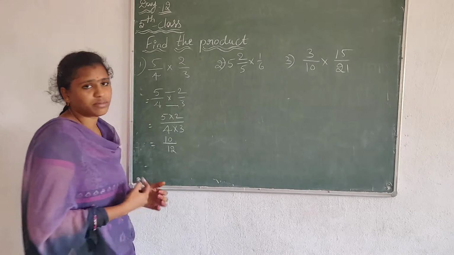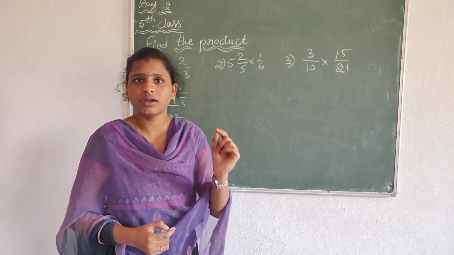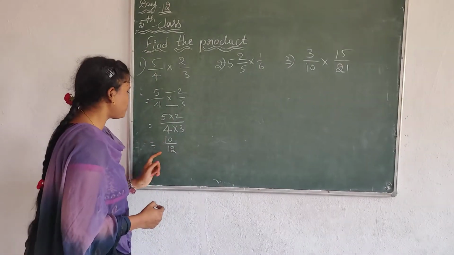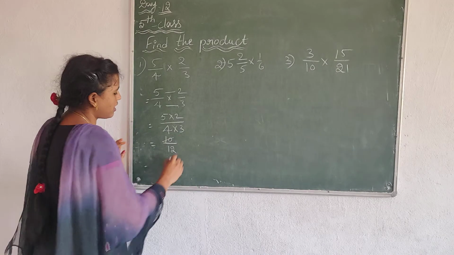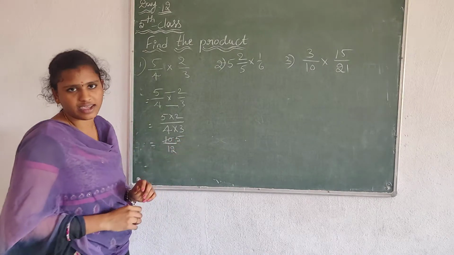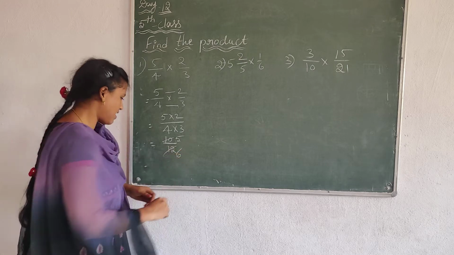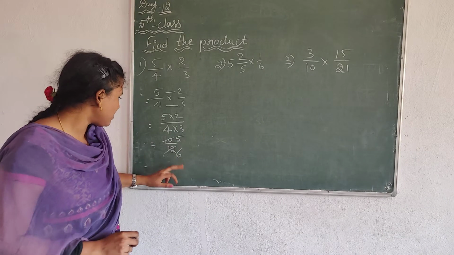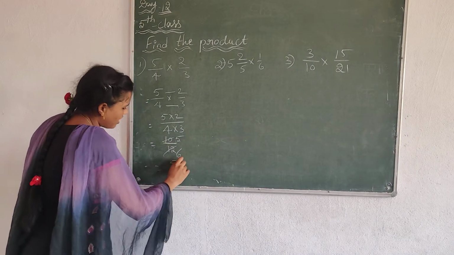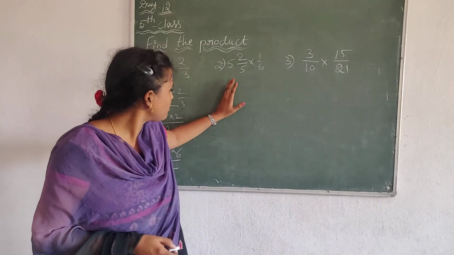These two numbers are which numbers? Even numbers. That's right. They cancel in the 2 table. See here, how many times? 5 times. 5 2s is 10. Here, how many times? 6 times. 6 2s is 12. Here 5 times and here 6 times. Let's write down 5 by 6. Understood? Let's come to this sum.